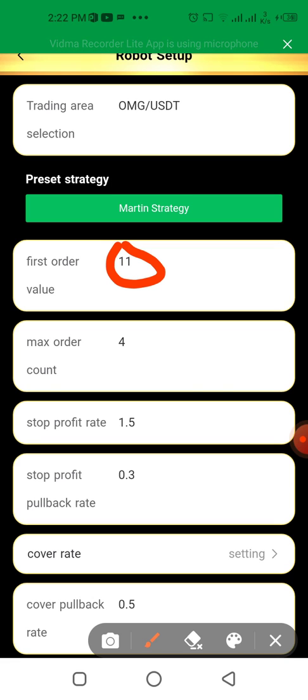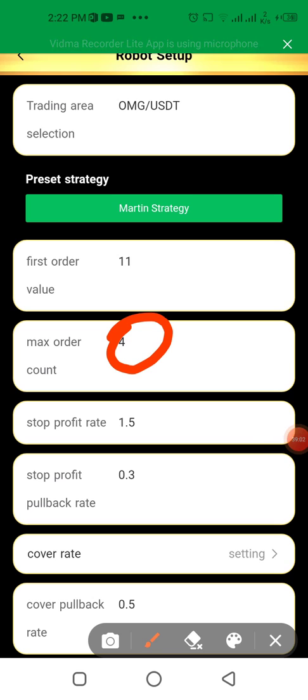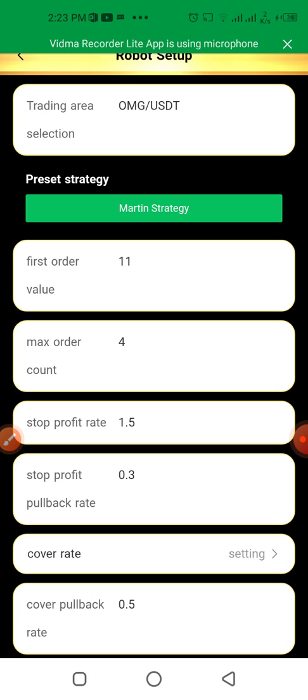That means for you to trade with Martin strategy, choosing this maximum order count of 4, you must have in your exchange wallet 11 plus 22 plus 44 plus what? 88. Sum it up, then you know how much it is. That's about 165 USDT. So if you don't have up to 165 USDT, then you must not trade with Martin strategy,